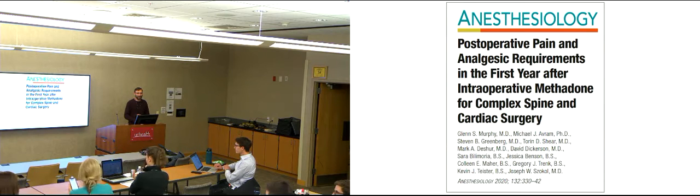All right. So we've got this title, Postoperative Pain and Analgesic Requirements First Year of Intraoperative Methadone, Complex Spine and Cardiac Surgery. So what do we need to know to place this work in context? What's important? What should the introduction tell us? I think sometimes it's also important to know why we should care. This one doesn't dive too much into it, but I think the first paragraph mainly points out